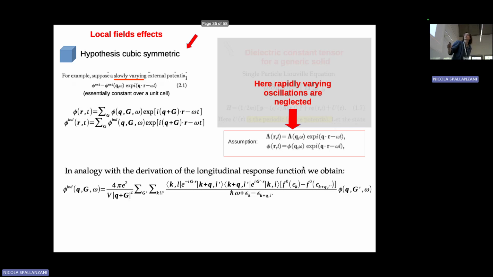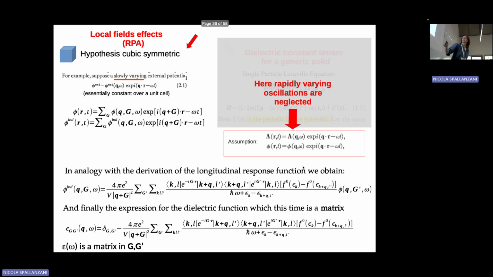Following a similar derivation as we have seen before, we can have an expression of the induced potential in terms of the total potential, and then the final expression for epsilon,